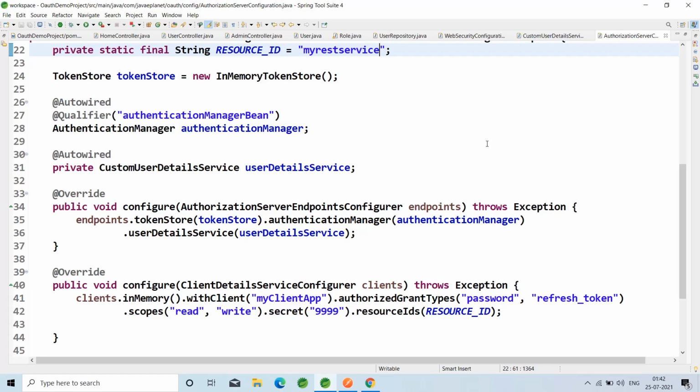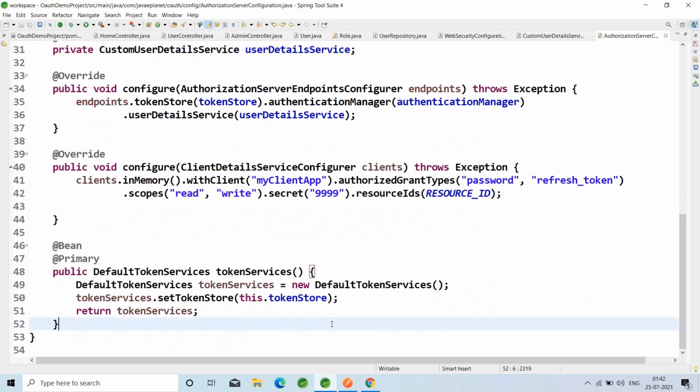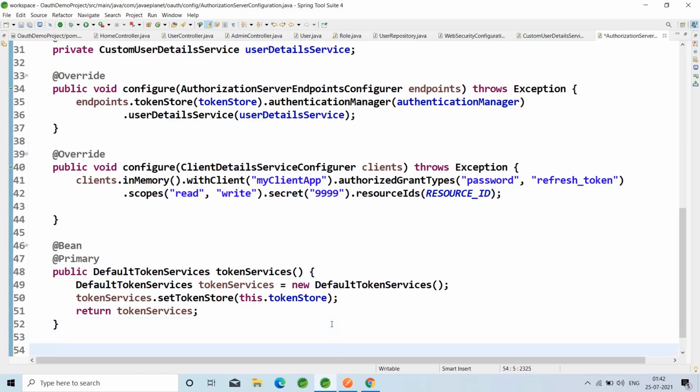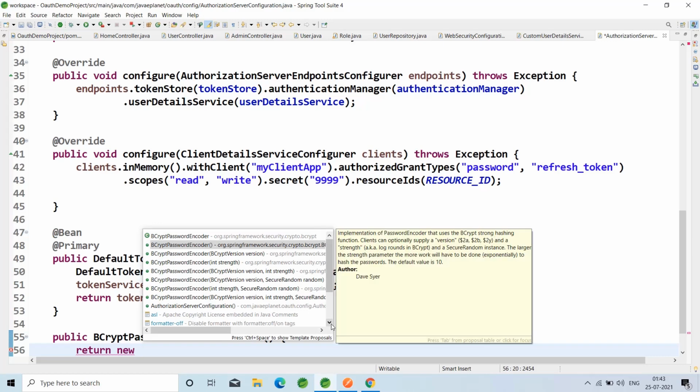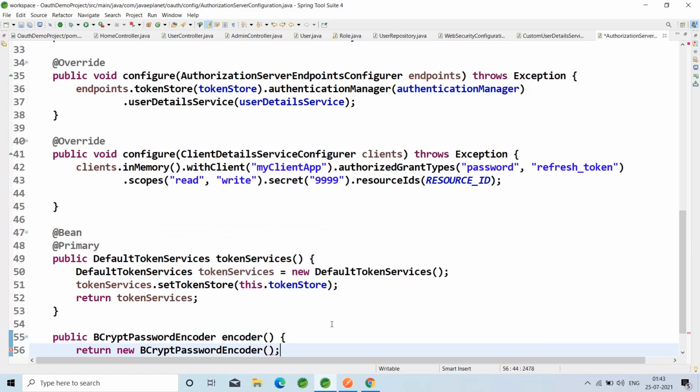Let me override the password encoder so that we will encode the password. Public PasswordEncoder, return new PasswordEncoder.